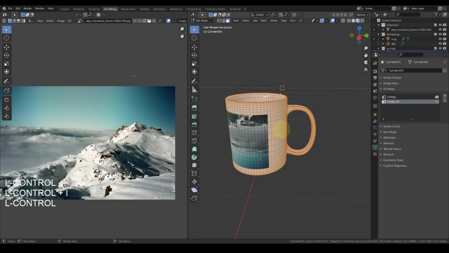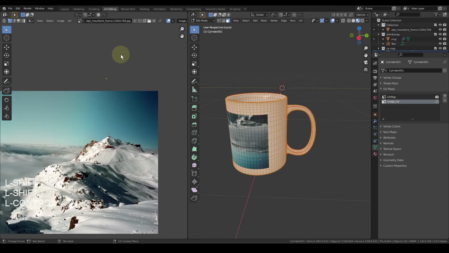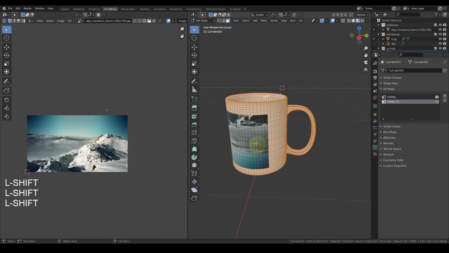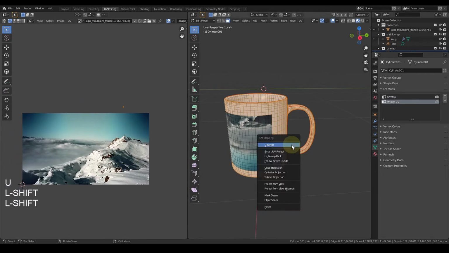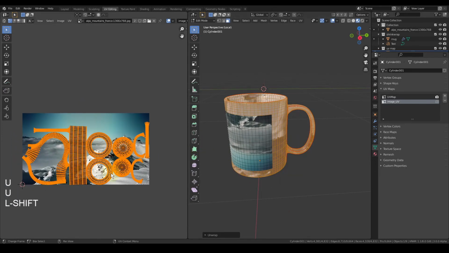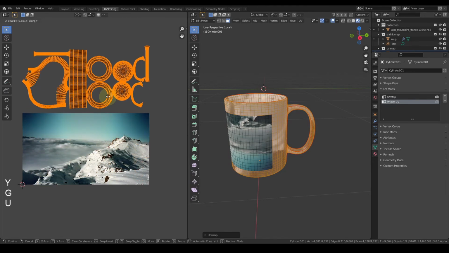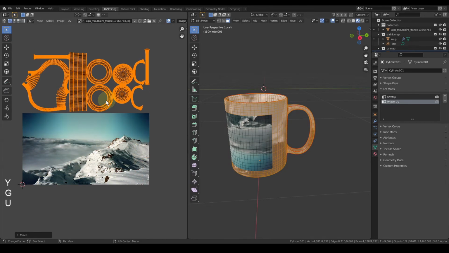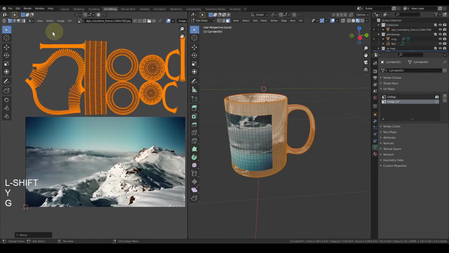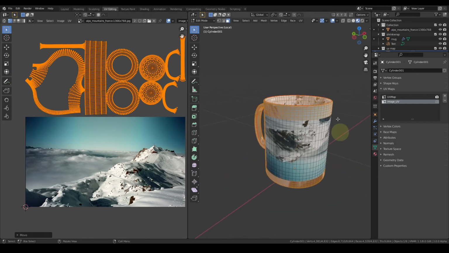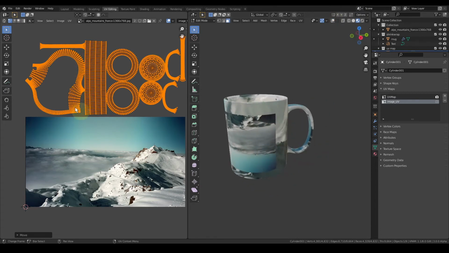I'll show you. The reason is because we have scaled it down to 0. Actually, we didn't have to do that. I'll create another map for this. I'll unwrap these. What we're going to do is move it out along the Y. So now you can see, even though these faces are outside the range of this image, if I switch off the overlays, you can see the image is being projected over these faces also, right?